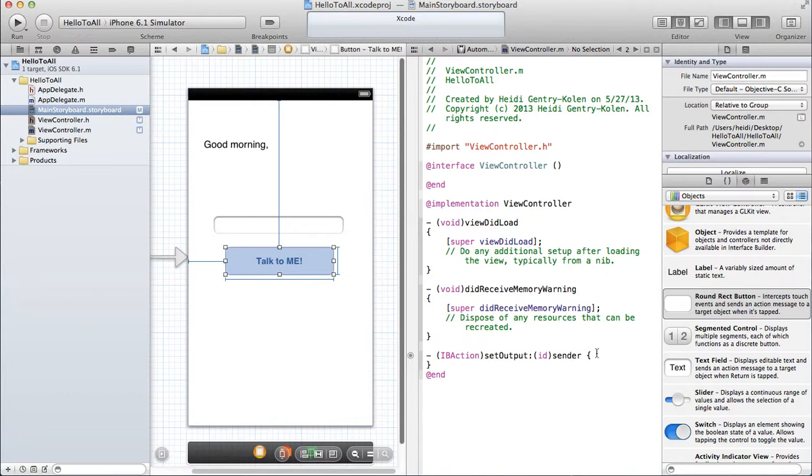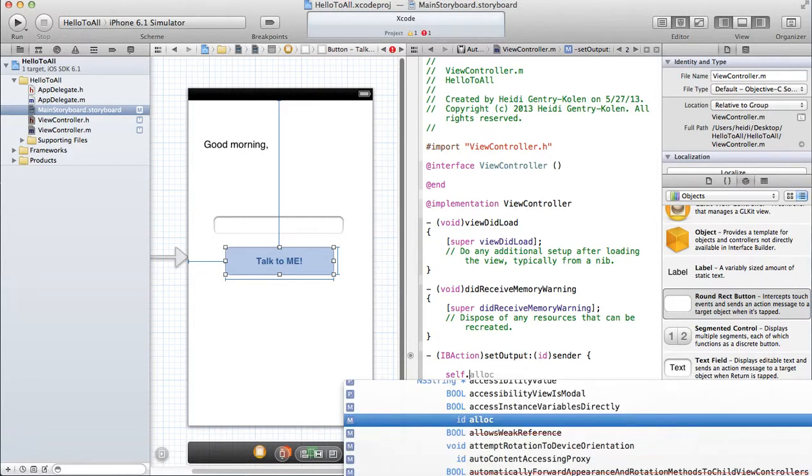I'm going to go down and look for that set output method. Going to go after the right curly bracket, and I'm just going to give myself a little bit of space there. What I want to do is first take care of setting that initial label to whatever the user's name is. I'm going to use that text reference to do that.